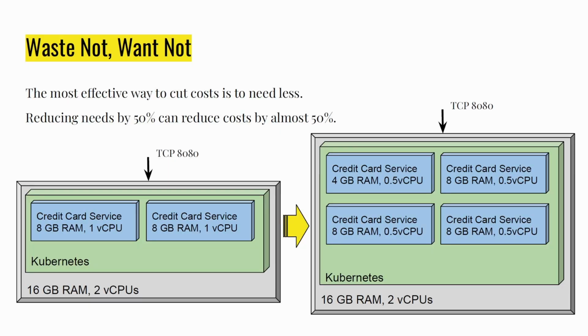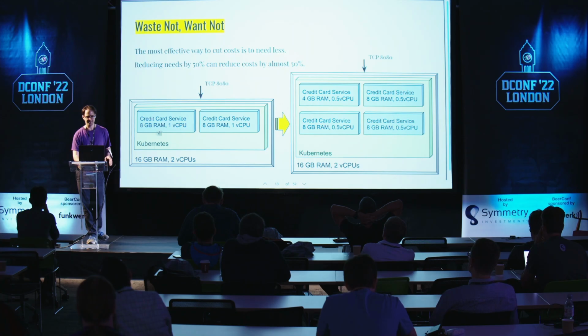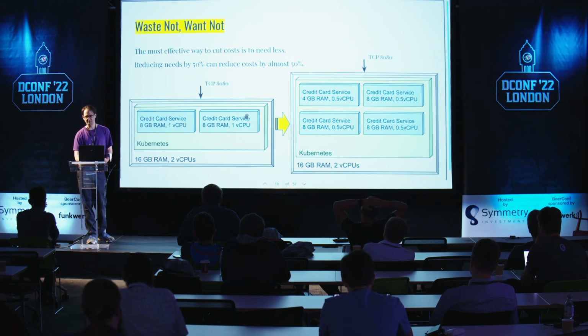If you don't actually use a bunch of resources for disk and CPU, et cetera, you don't have to pay for them. So just as it looks like you could get a benefit from having multiple services, let's suppose my service needs the equivalent of 1 CPU and 8 gigs of RAM, and the computer I'm running on has 2 CPUs and 14 gigs of RAM. Yes, I can get some savings by having 2 services right on here, but if I could solve the same business problem using fewer resources, I can also get a lot more savings, just as much as I have by bundling services together in this example.